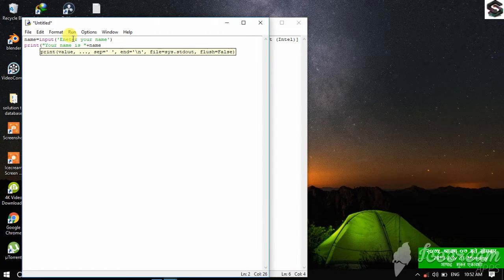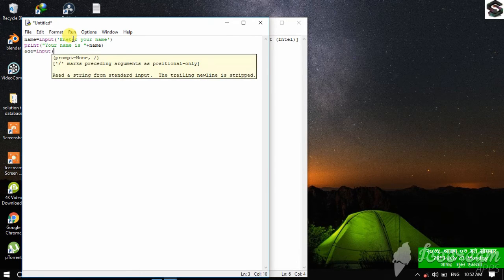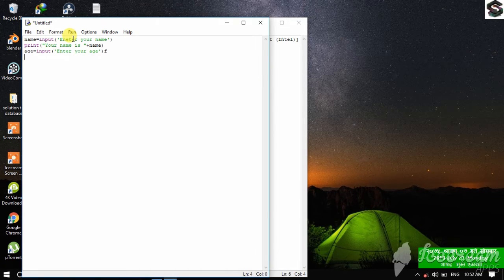The plus is used to concatenate the string. Now it's equals to input, enter, is, display is